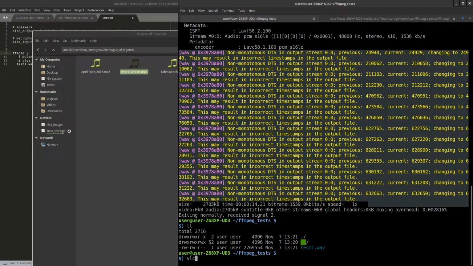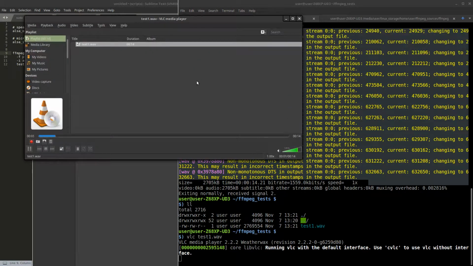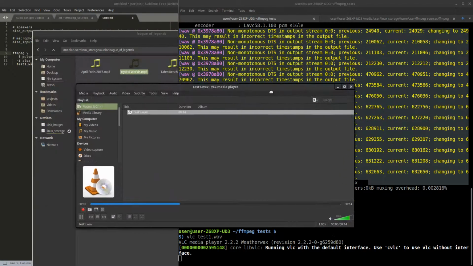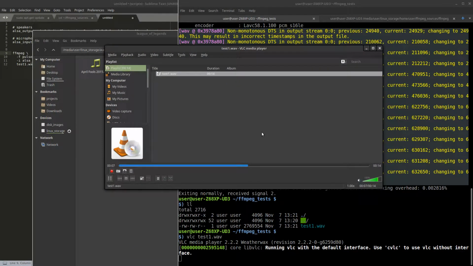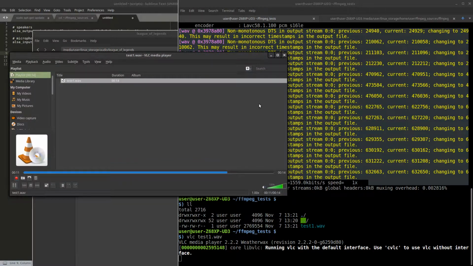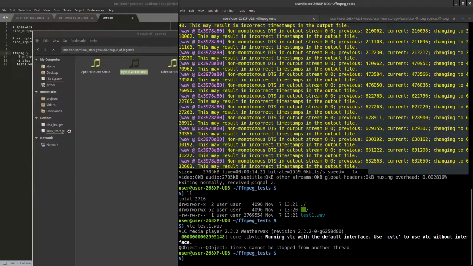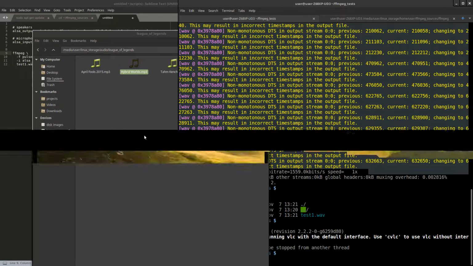Test1.wav. So I'm going to open it up in VLC and make sure that it contains what I think it contains. Okay, that's awesome. Yep. Okay, so there is a successful audio test